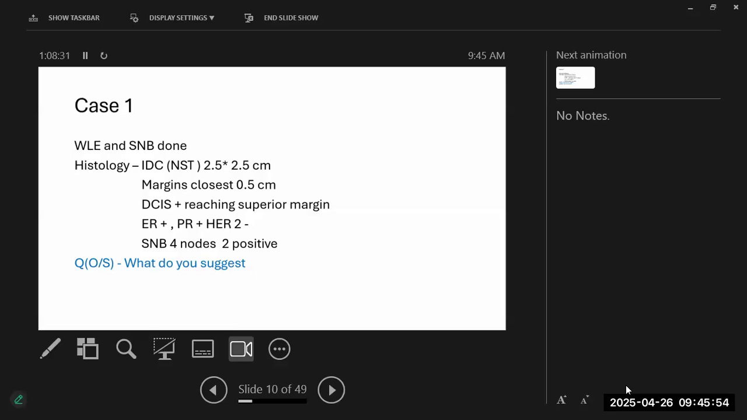You would go for MDT and discuss. Sorry? You would go for the MDT and decide on it. Of course, all patients go through the MDT. None of them escape the MDT. And about the